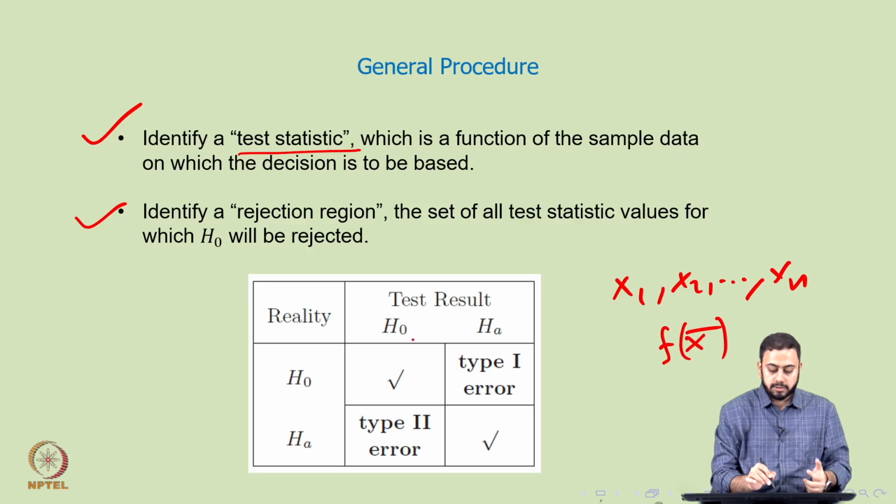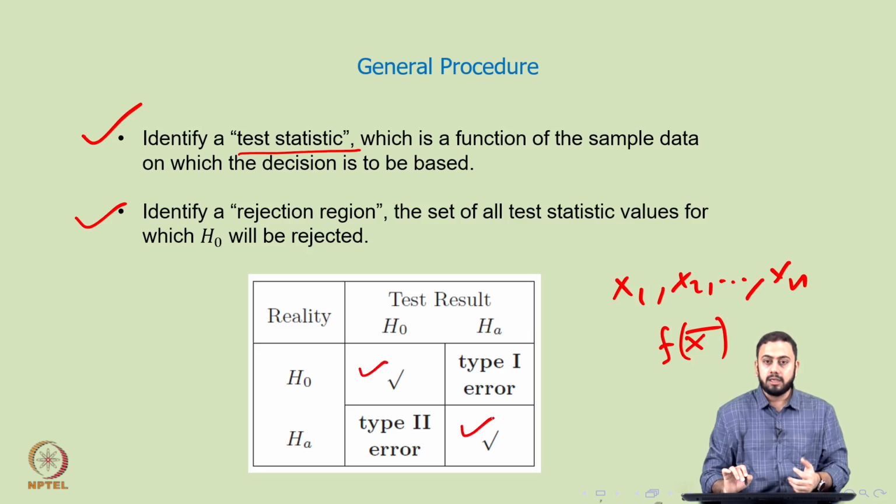So H naught means the result stands for that the H naught is true, and HA stands for the result means HA is true. Okay. Now, I can get a grid of 2 by 2 exactly. So you see tick marks here and here, isn't it? You have a tick mark here and a tick mark here because the test suggests H naught and reality is H naught. So there is no error here, isn't it? Similarly, if the test suggests HA and the reality is HA, you are going good, isn't it? So you have tick marks here, there is no problem, but you have a couple of errors on the off diagonal terms, isn't it?